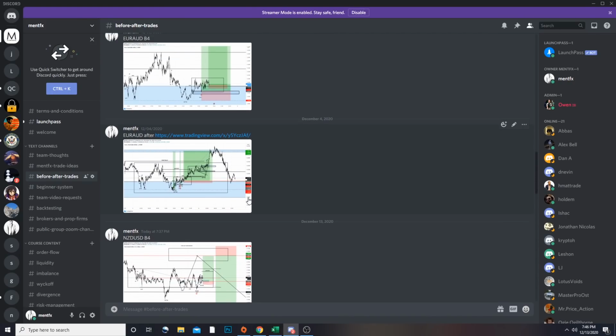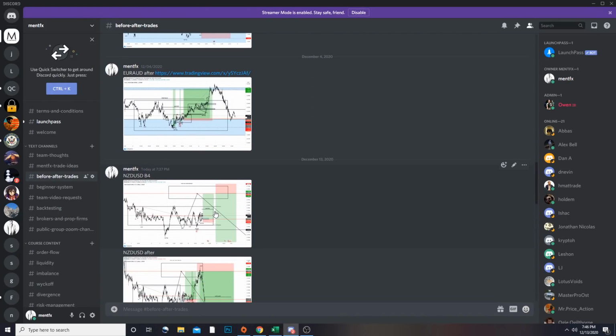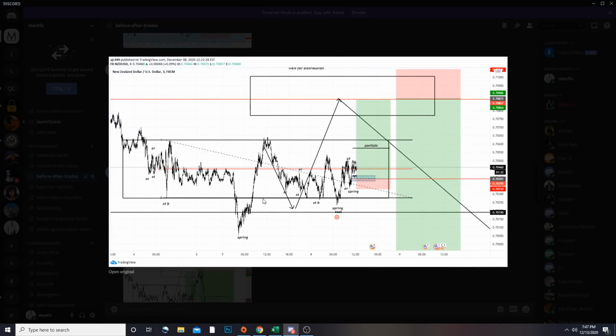So let's take a quick look at NZD/USD just for a weekly recap for those on YouTube and for those in the private mentorship. For NZD/USD, we will take a look at this on the actual charts in 1 second, but ultimately we sent this out before it happened, expecting a buy off of this spring's test right here, heading up into this area, which acted as a distribution in the past, which we'll take a look at in a second, to then see price action come down lower.